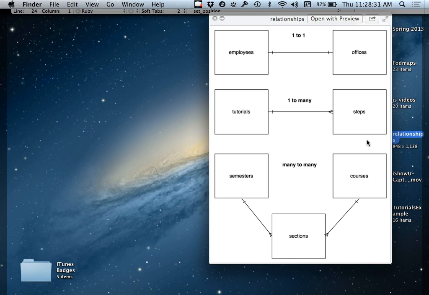If we wanted to then show a relationship between an employee and an office, what we would do is take, say, the employee's ID number, and copy it over to the office's table, where the office's table would have to have a field where that data could be stored. So, for example, the employee's table maybe would have a field called ID, which would be the employee's ID. Over in the office's table, there would be an ID field, which would be the office's ID. But in the office's table, we would also put in a field called something like employee ID, where we would copy the ID from the employee table over to the office's table,